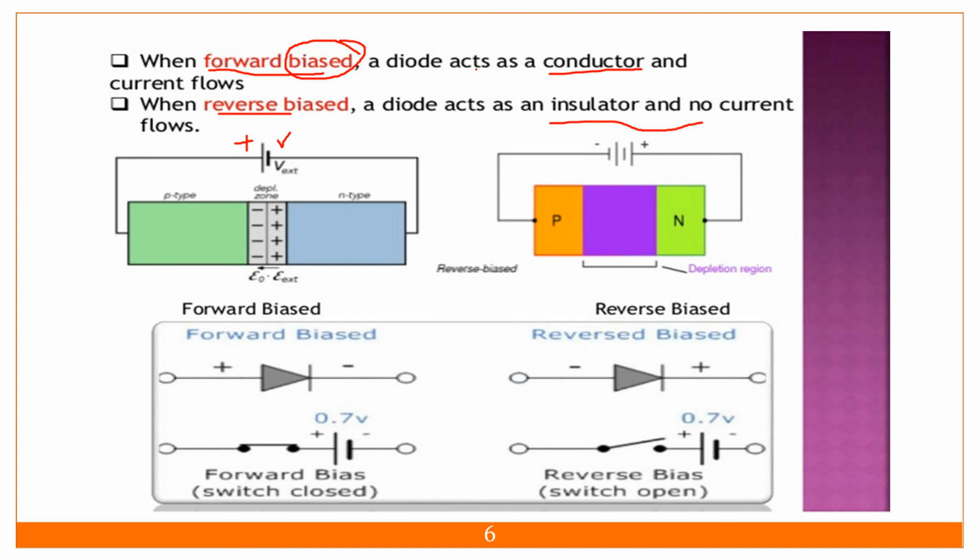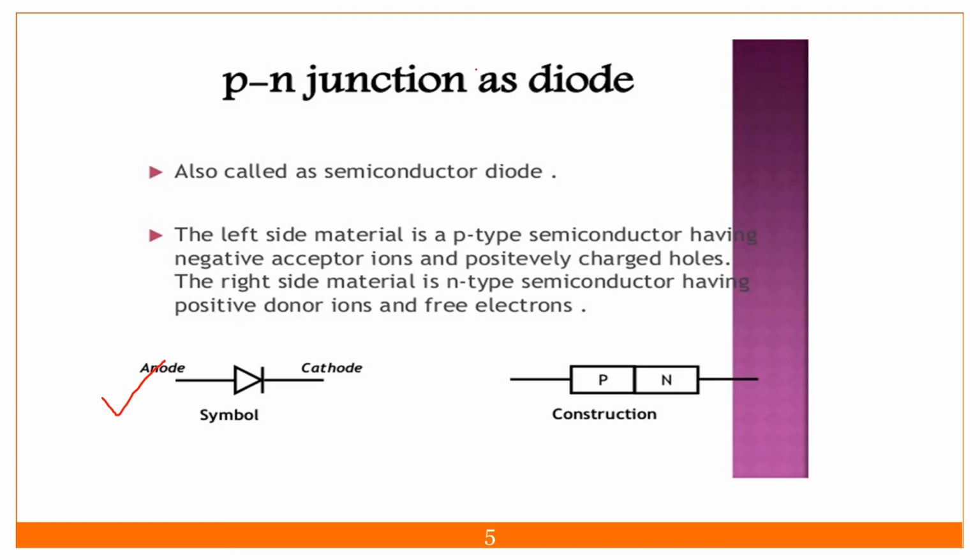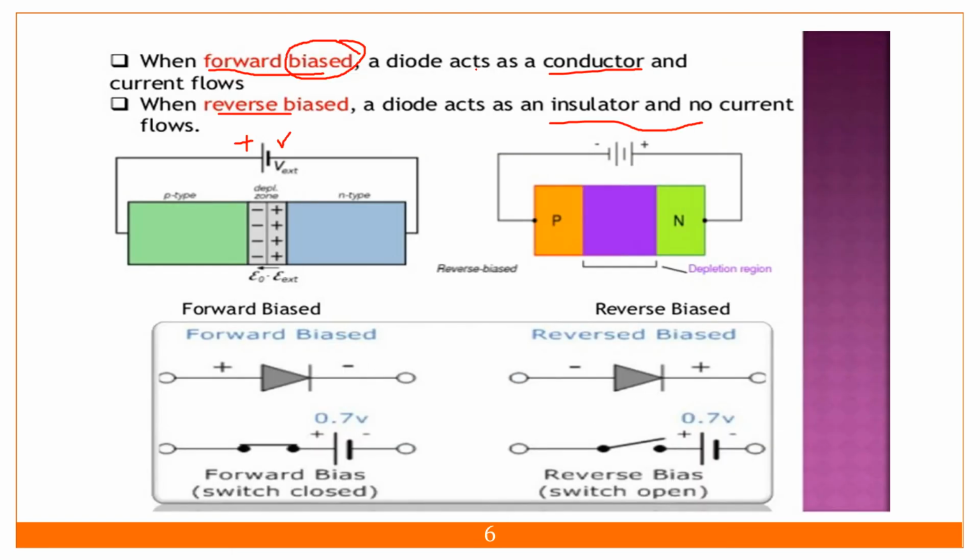As we are learning semiconductors, we know that semiconductors are materials which act as an insulator sometimes and a conductor sometimes. The forward bias symbol is like this: P connected here, N connected here. It will act as a closed switch, like turning on the fan switch where contact happens. In reverse bias this contact will not happen, so it acts as an open switch.